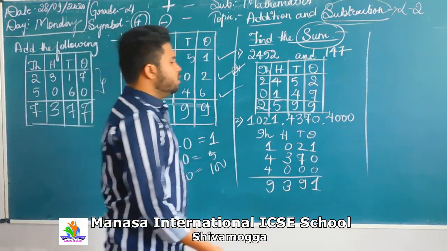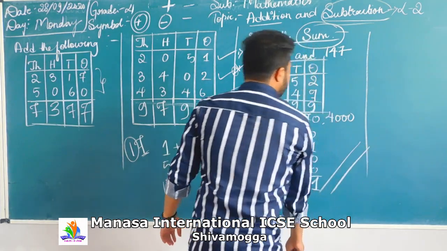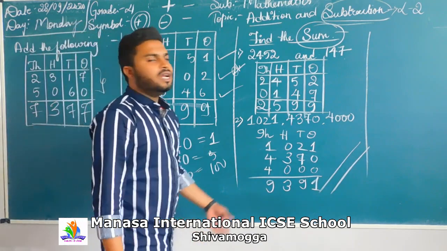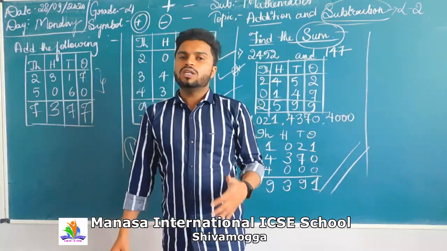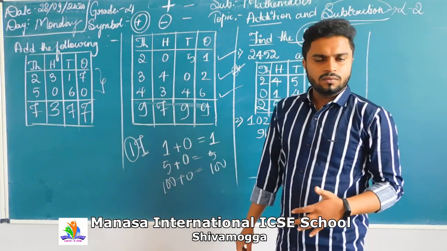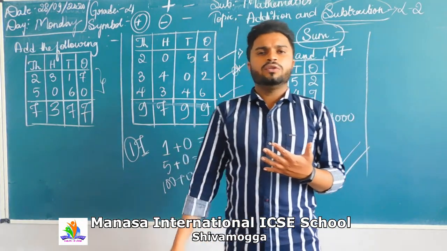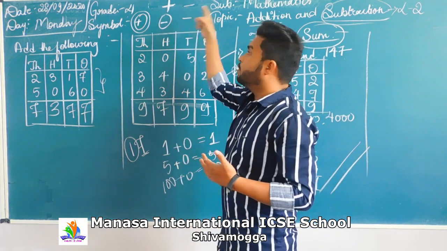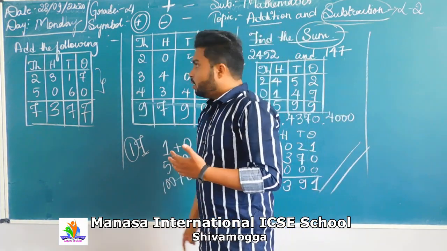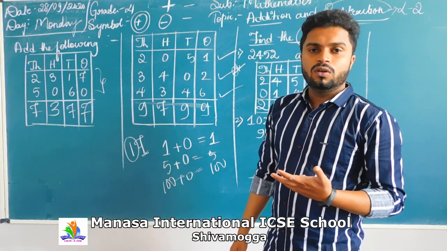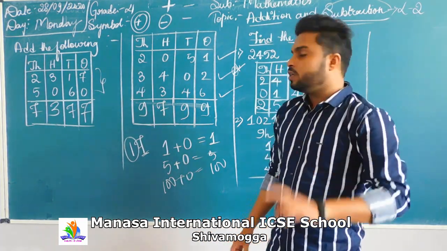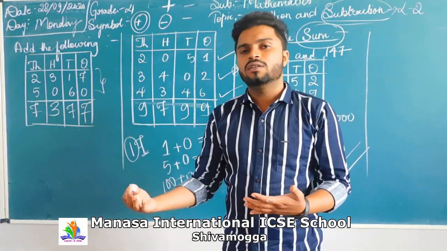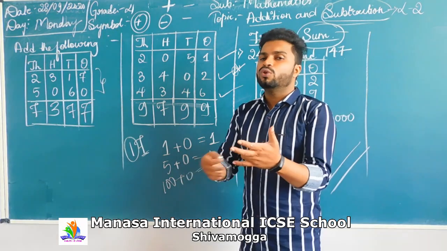Done. This is the problem you are going to do in your addition and subtraction. Please note down, students, that sum is nothing but to add, total is also nothing but to add. While doing addition, you are going to do it from the right hand side. The symbol for addition is plus and the symbol for subtraction is minus. In the next classes, we are going to study subtraction and one more term. When 0 is added to any number, you will get the same answer. That is, when 2 is added to 0, you will get 2.